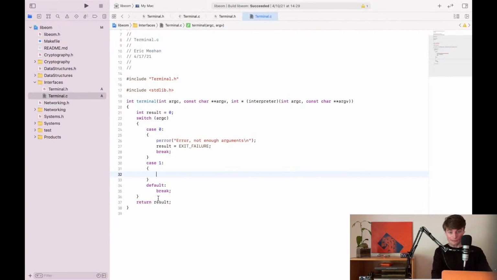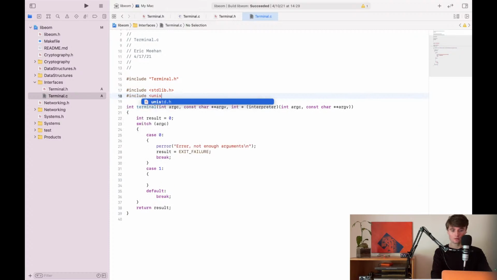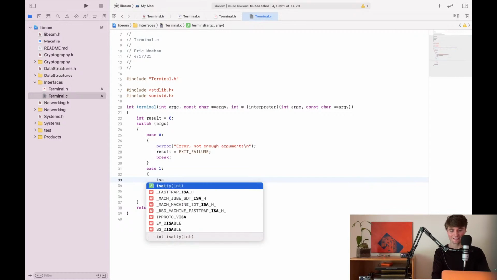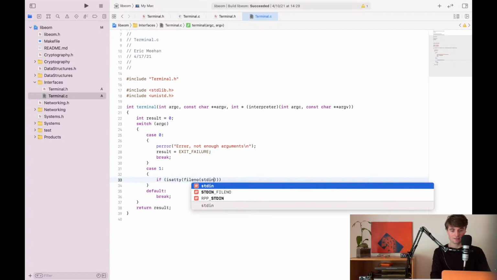And I don't remember which library it comes from, so yeah. So maybe Unistandard. Just some of the generics we'll see. So there it is. Okay, so if attribute file number standard in,